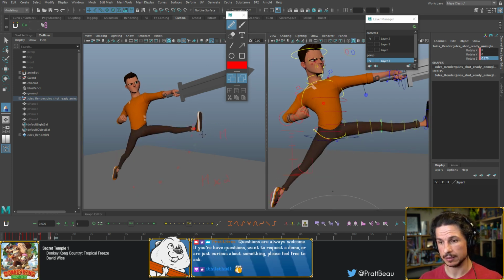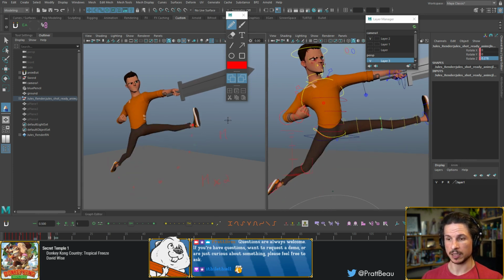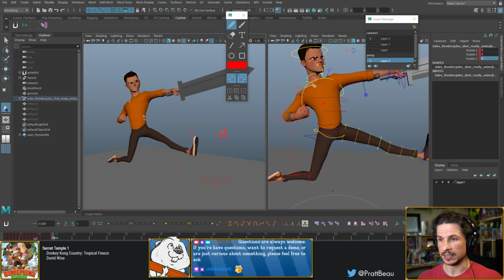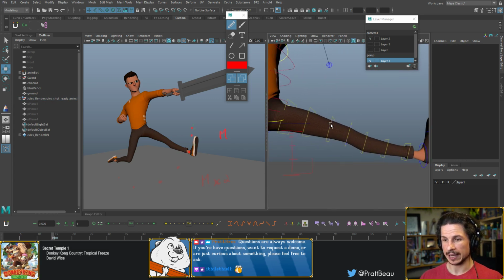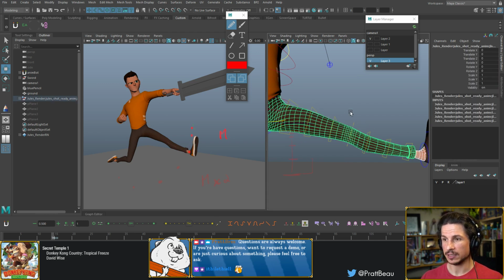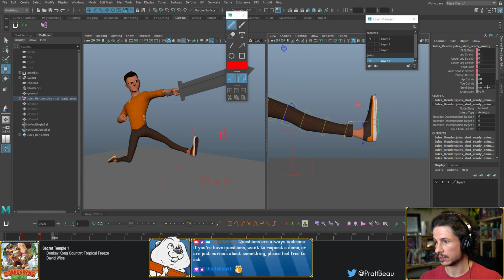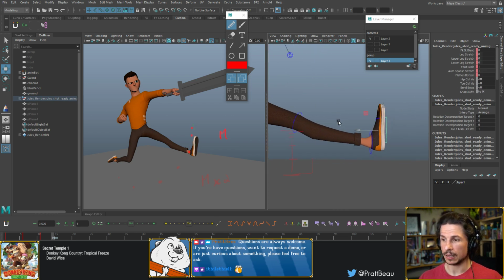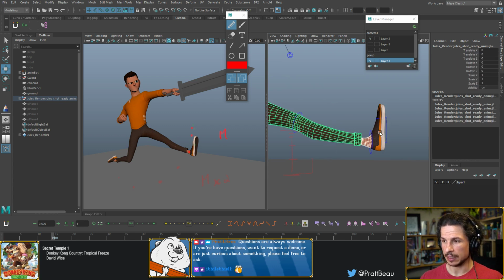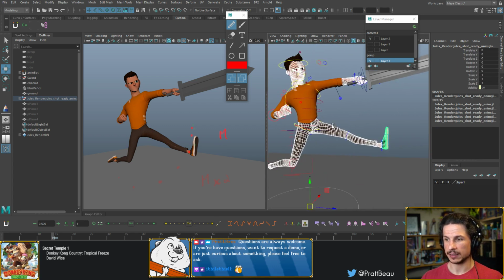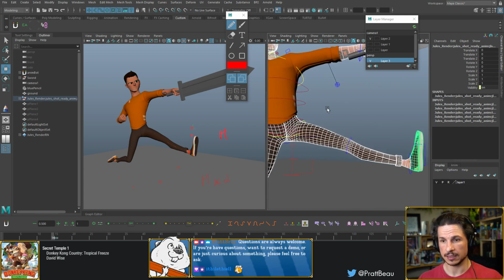So with this, let's make the multiples. So the way I do this is very simply get the leg into position where you want it to be on one of the frames. So let's say this is good. It's in that position right there where my spacing is. And I'm going to select, let me actually turn off the bend bows here just so I don't accidentally select those. So I'm going to select the foot and shoe geometry here and the leg. And I'm just going to hit Control D to